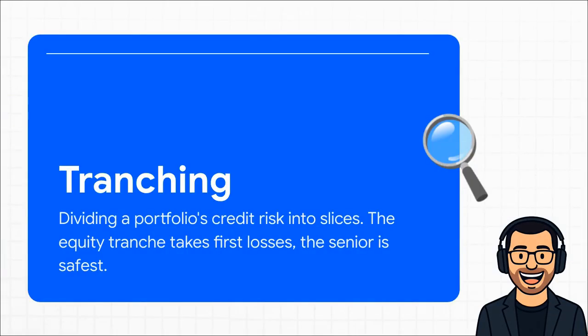And that slicing process is called tranching. Imagine a tower. The bottom floor is the equity tranche. It's the riskiest. It takes the hit on the very first default. Then you've got the middle floors, the mezzanine tranches, which are a bit safer. And way up at the top, you've got the penthouse, the senior tranche. It's supposed to be the safest of all, only taking a loss after all the lower levels have been completely wiped out. And that is how you can take the same pool of risk and sell it as both a super risky bet and a supposedly rock-solid investment.